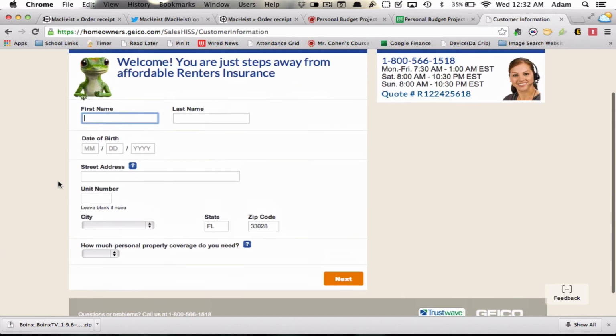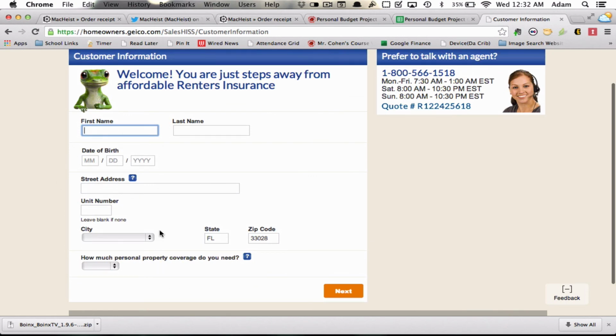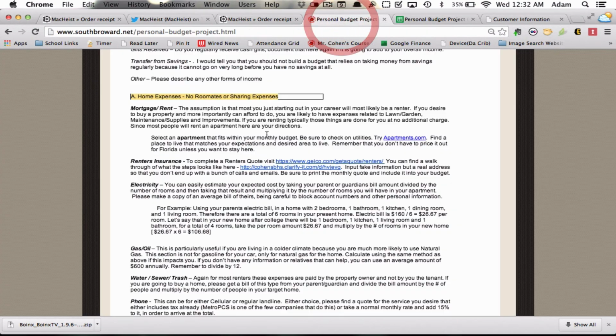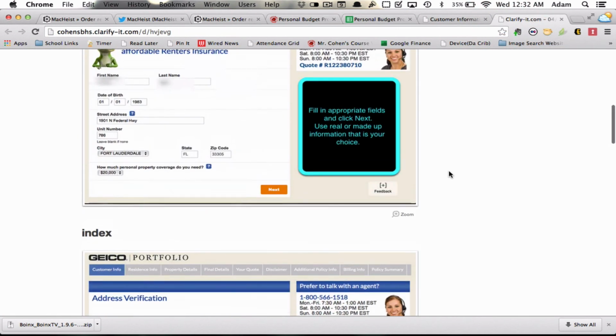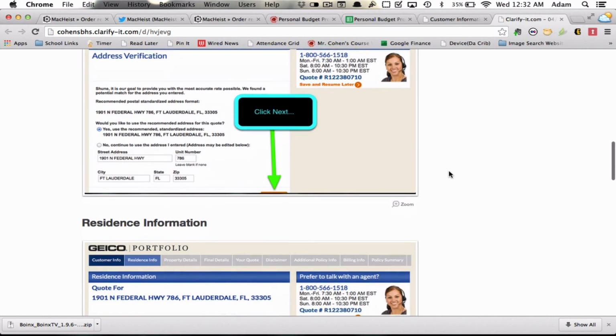You'll want to follow through here, putting your name, your address, and all that kind of info. There's a separate tutorial that's included in the instructions of what to do, and so you can basically follow it, and it shows you step by step what to do. Put your name, your address,